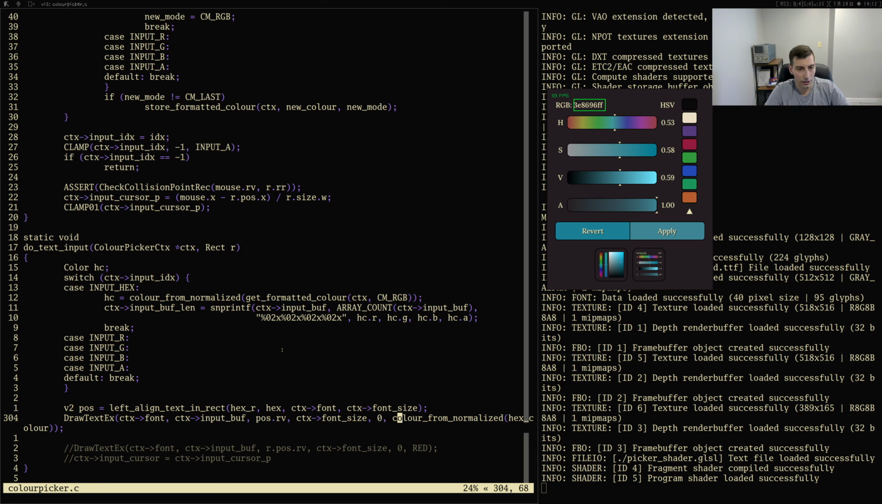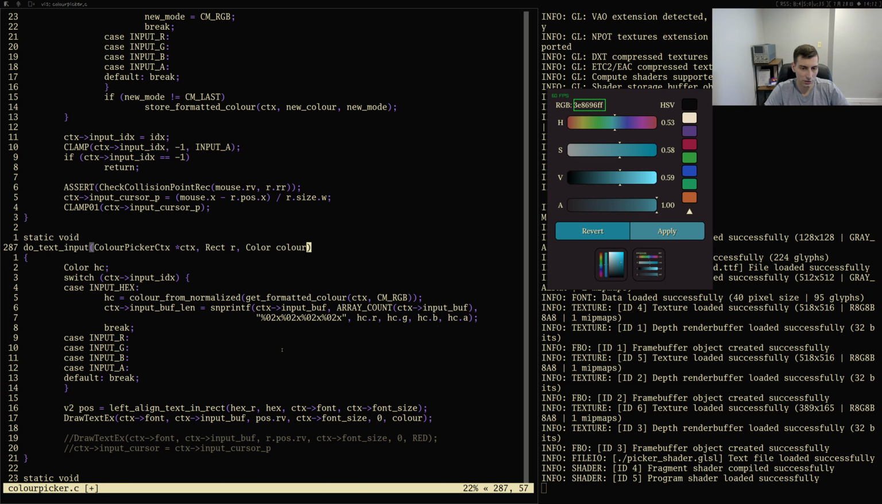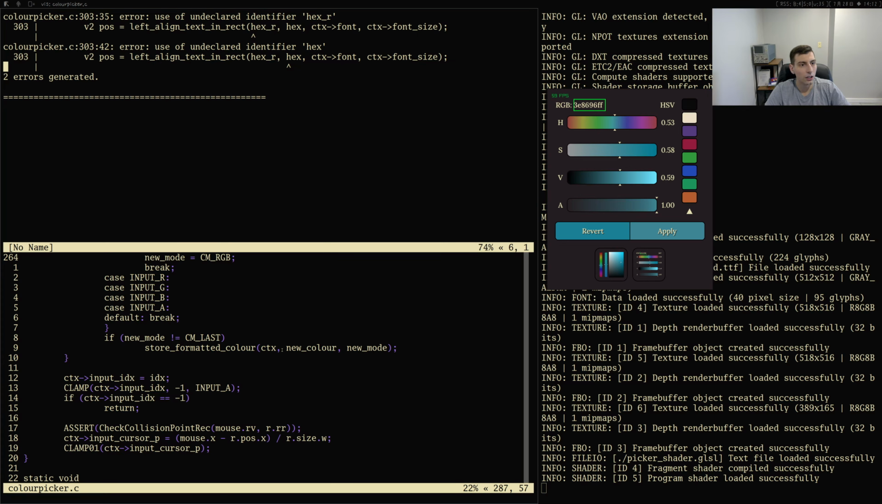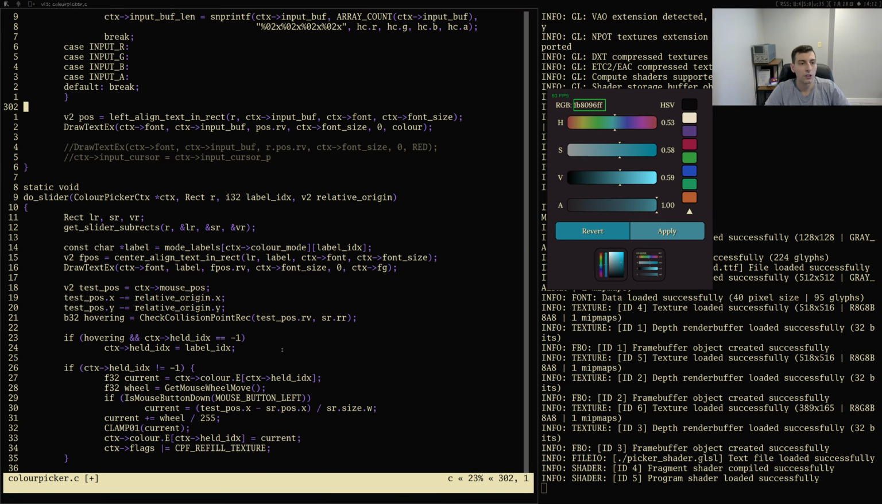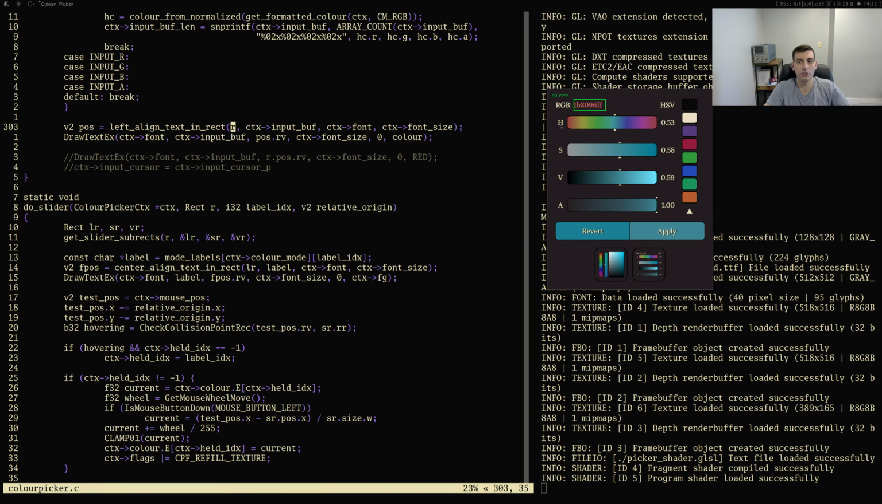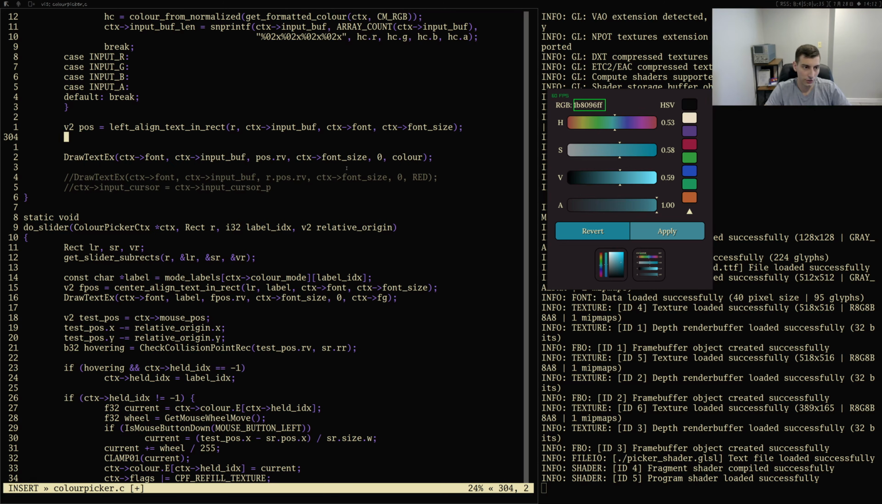Something like this. We're not doing this. We're going to say color. Okay, so this is still being drawn. It can still hover. Let's just for now do